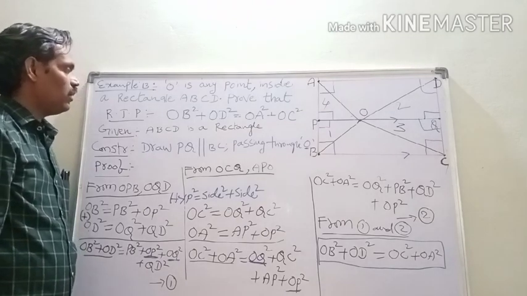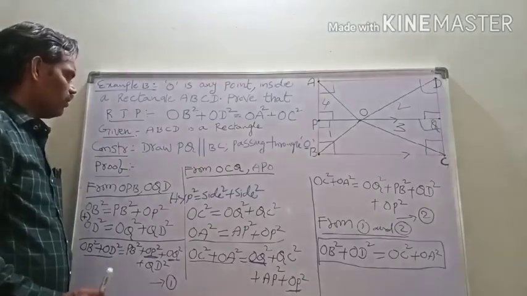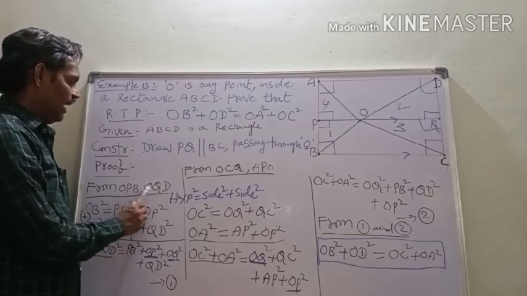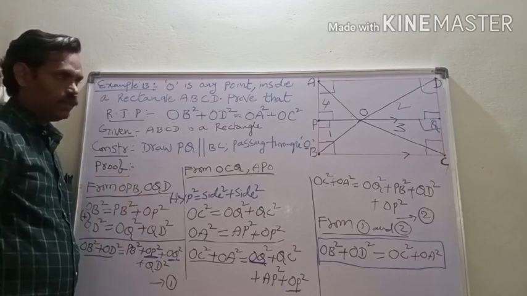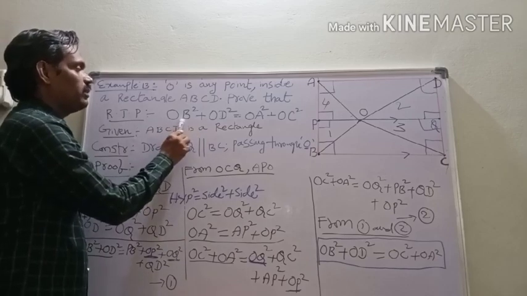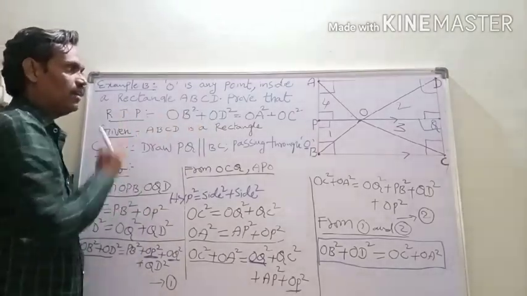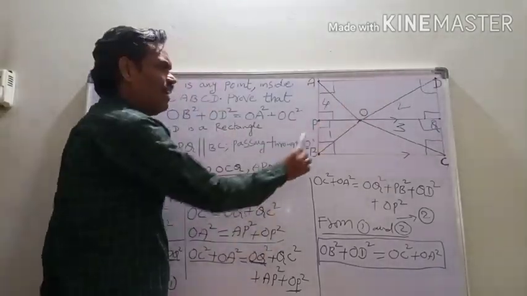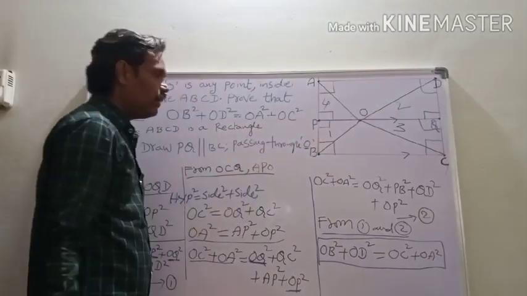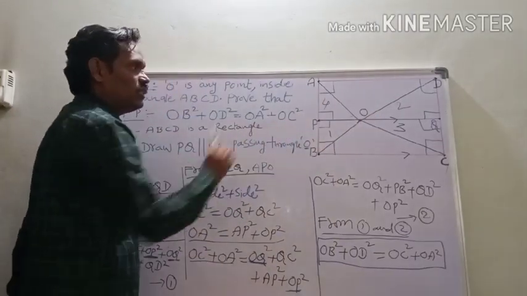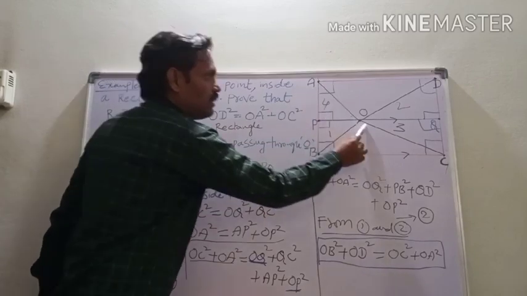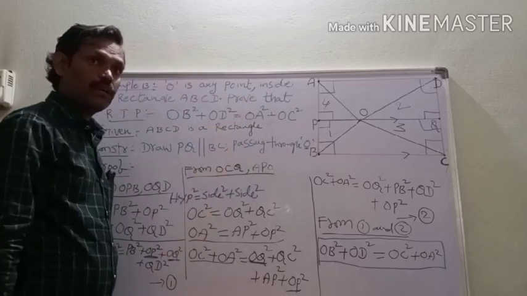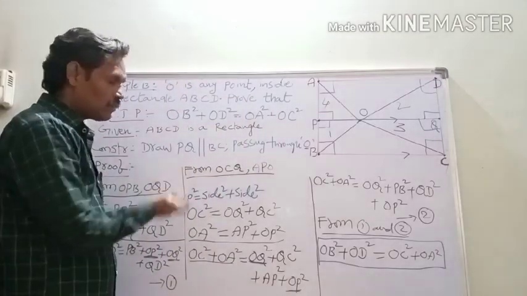So, before that, you have to remember one thing, that is most important. Which right angle triangles are to be paired? According to RTP, OB square plus OD square, both are added. So, here you have OB square, here you have OD square. That's why you have to take 1, 2 as a pair. Here RHS is OA square, OC square. This is OA square. This is OC square. That's why you will take the third one and fourth one as a pair. That one you have to remember. Otherwise, you will be confused.